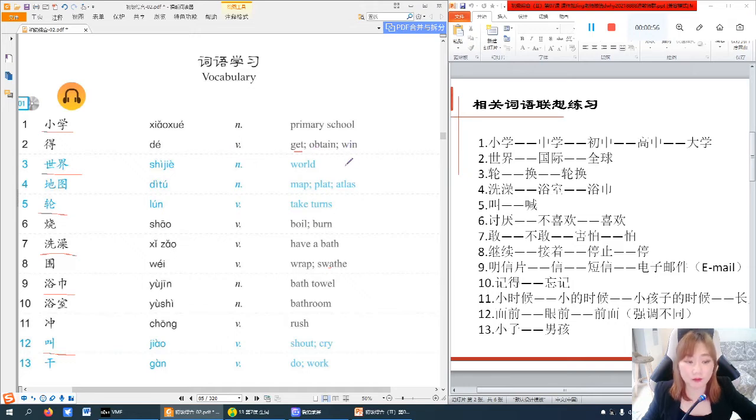For example, 我得了第一名 so I won the first prize, right? The first place, sorry. 我得了第一名 Okay, next one 世界 world 世界 world and this one on the right hand vocabulary 国际 so 国际的 international 全球 all over the world 全球全世界 next one 地图 map 地图世界地图